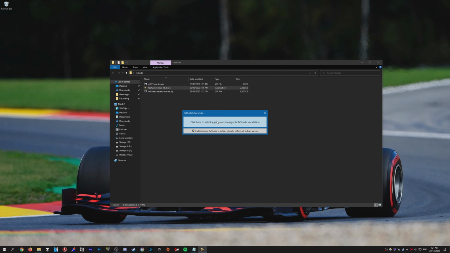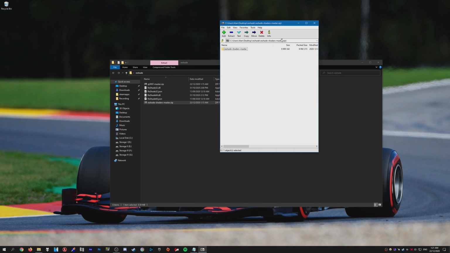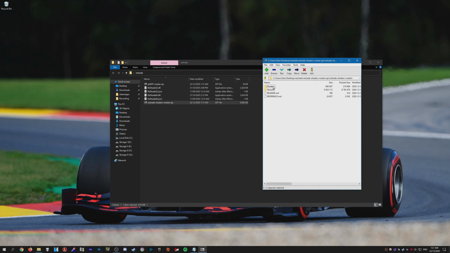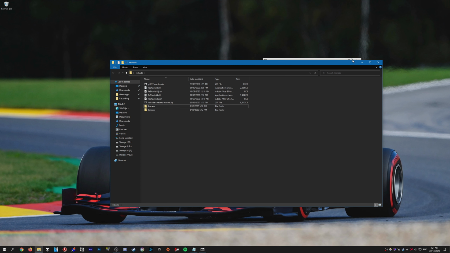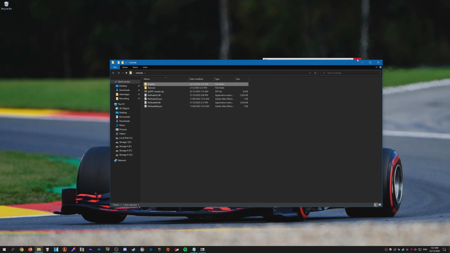Alright, so once you're in the folder, just open up the Reshade setup, hold Control on your keyboard, and just click the button, like so. You should get 2 DLL files and 2 JSON files, like so. I'm just going to delete the setup, open up the Reshade Shaders Master, open that folder again, and then drag and drop the Shaders and Textures folder, like so. Again, you can delete the zip, and same with the Quint Masters, just drag and drop the shaders, like so.